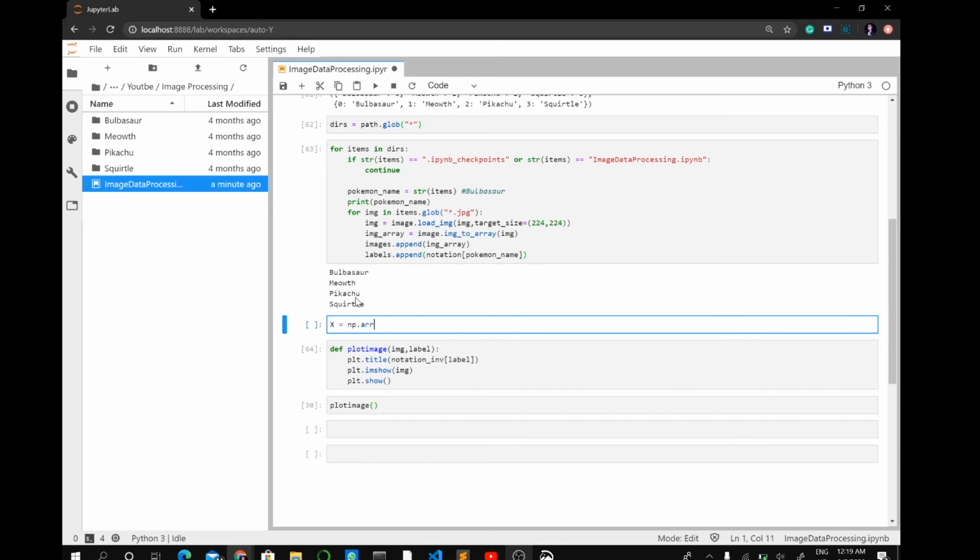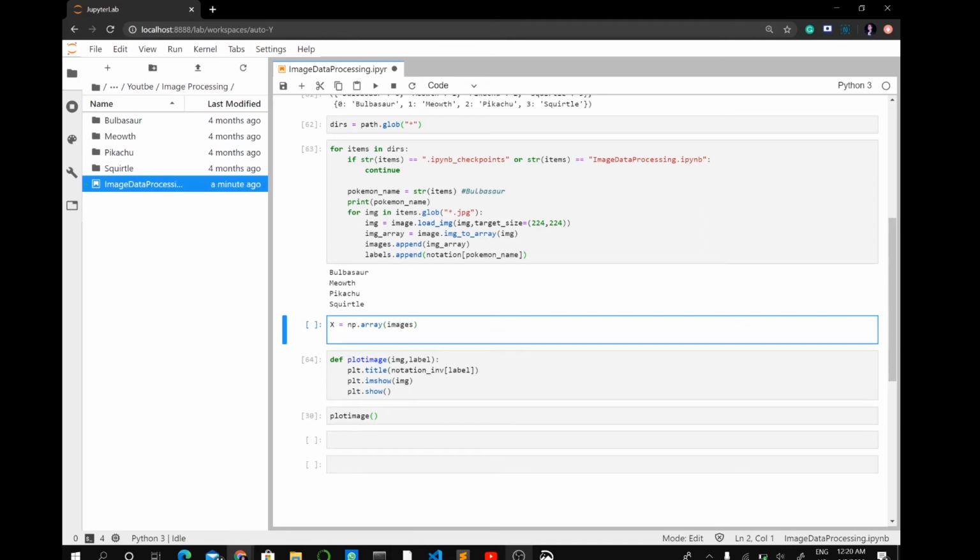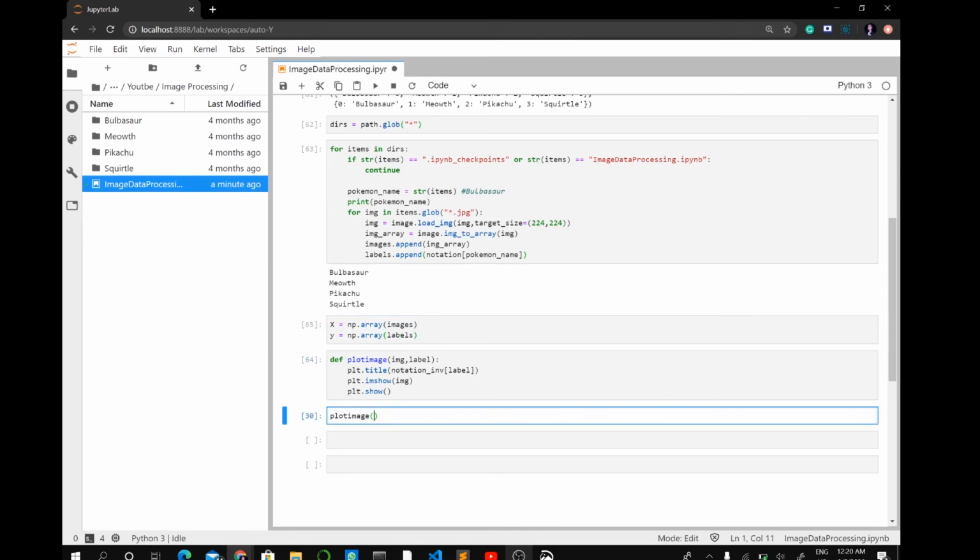So just convert the list into an array, np.array images, and the y is your labels here, np.array labels. So if I plot the first image and the first label,